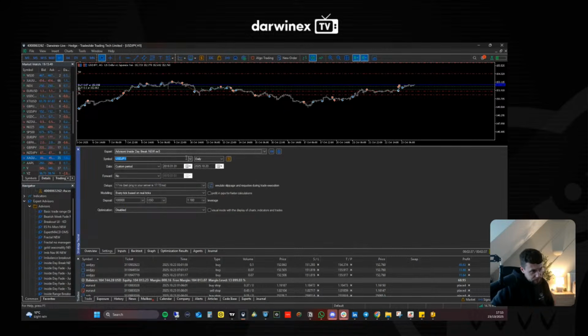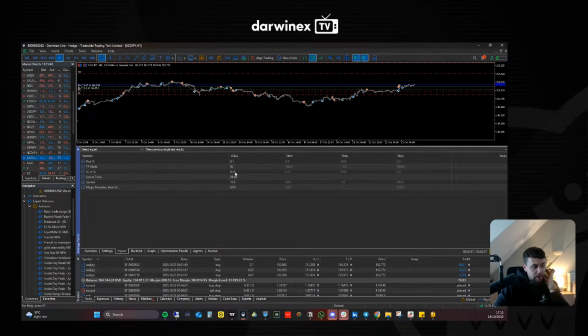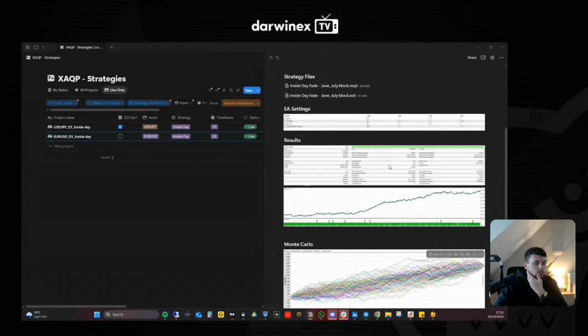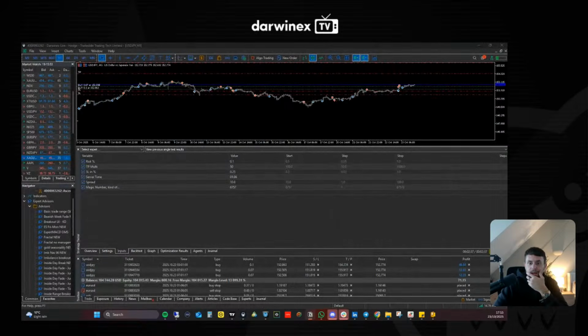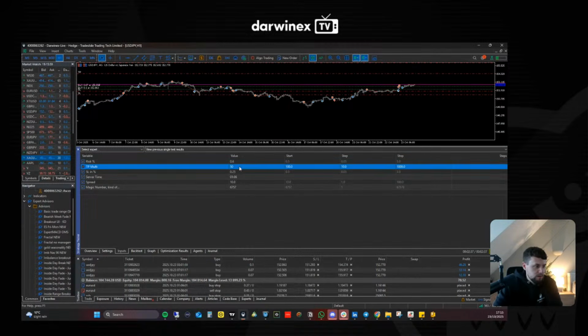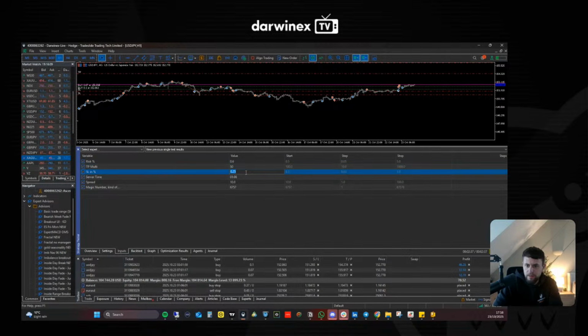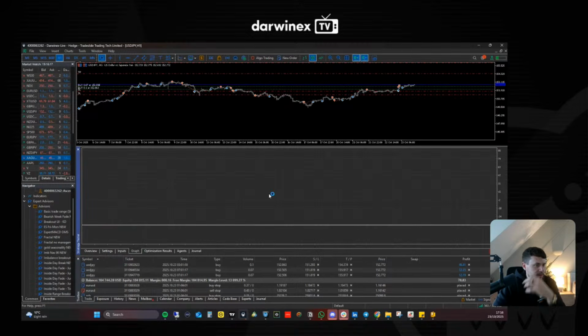This one has the spread filter. If we change this to euro dollar, what I might do is try and find a different pair or a different asset to replace it with that works a little bit better. So the original settings I used were 0.6. This is 50, is that right? Oh, maybe it's higher. 50.2, server times fine. Spread: let's say we want a max spread of 8 because it's euro dollar, right? Let's see how this runs.